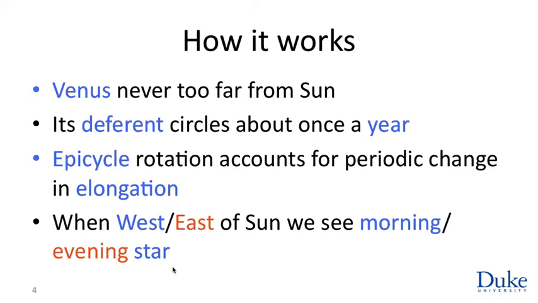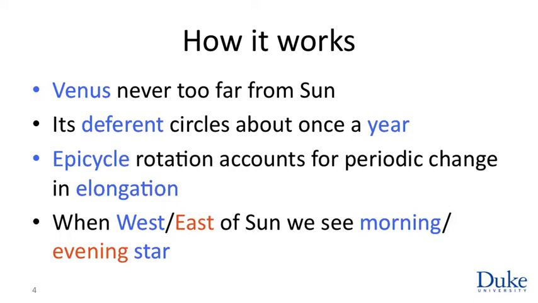And an example of how this process works out would be the planet Venus. Venus is a planet that, as we observe it in the sky, is never very far from the sun. It's sometimes a little bit west of the sun, and then it's a little bit ahead of the sun, and so we see it rising just before sunrise. Sometimes it's to the east of the sun, then we see it in the west in the evening sky, so then it's the evening star or the morning star. The way that's arranged in a